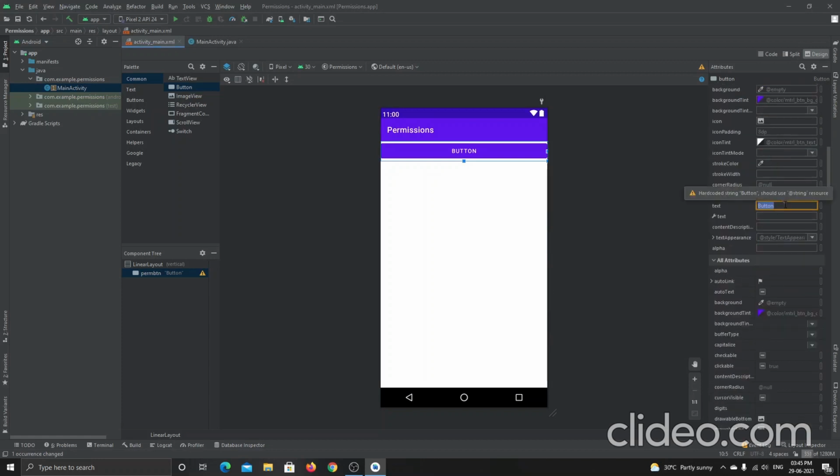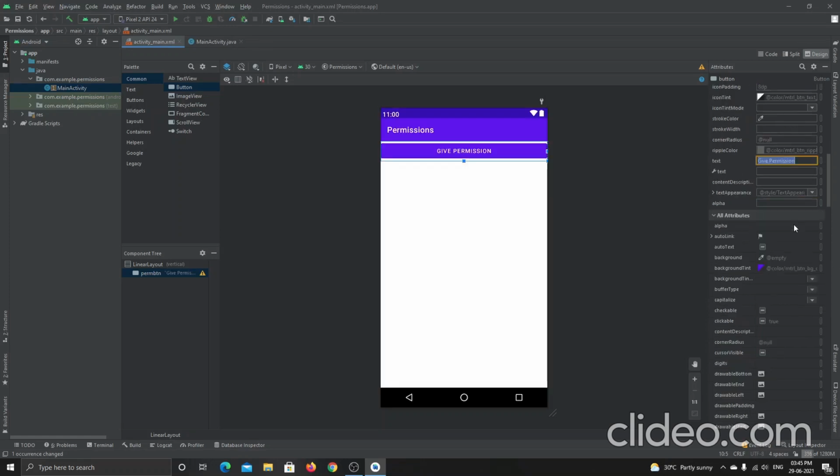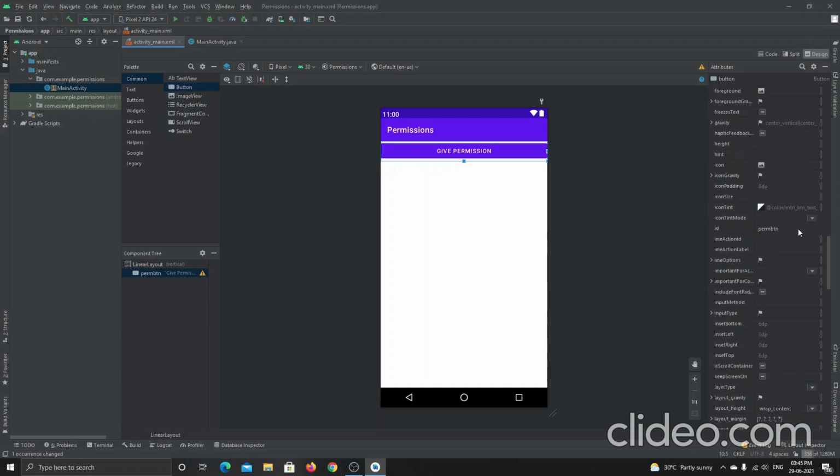Let me change the text to give permission. Okay. Give permission, and let me change the margin. We give the padding as 20 dps.